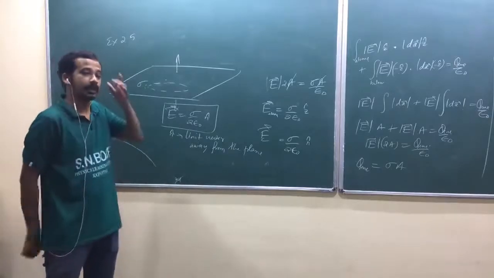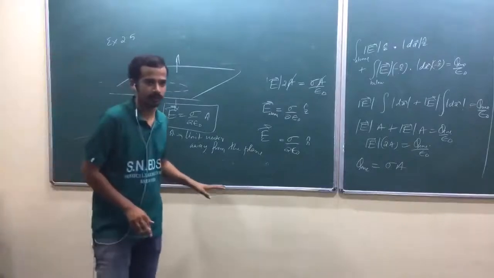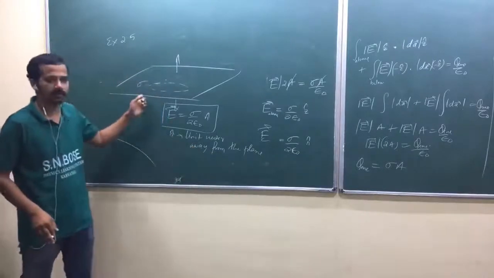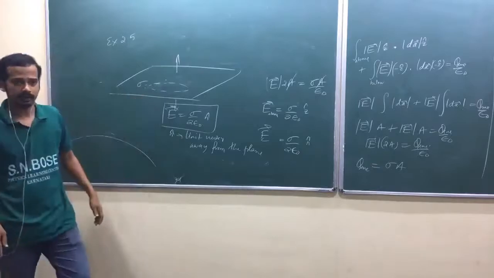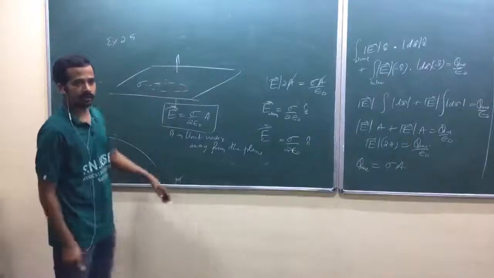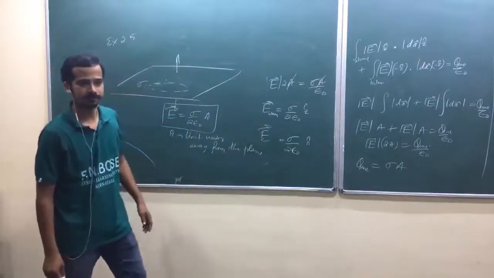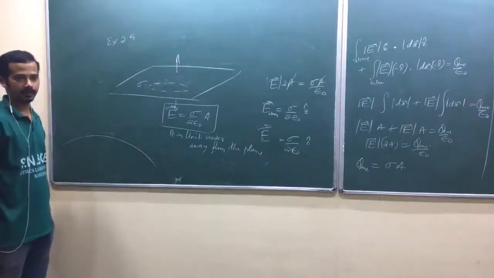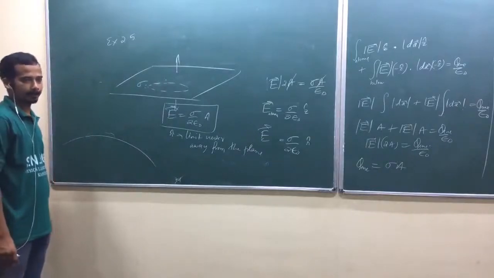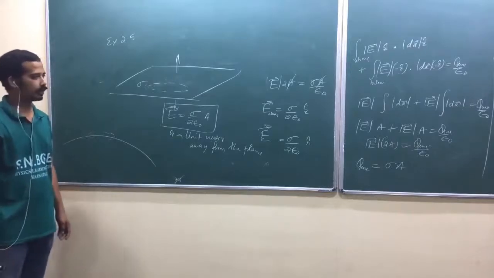Is that okay? Here our aim is to find electric field due to charge distribution, without talking about whether it is a conductor or insulator. So next idea is, once you bring a test charge, multiply that test charge with the electric field, you will get a force on it. So nearer to the infinite plane and above some long distance from the plane, force is same? Yeah, obviously. Why is electric field same?